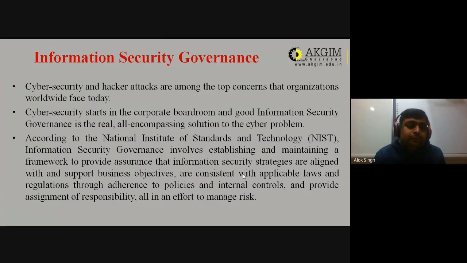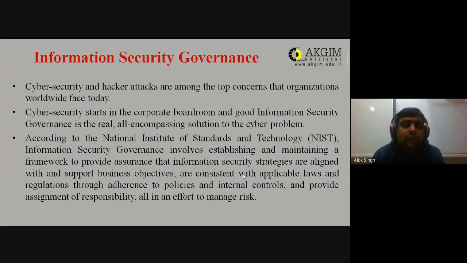Cybersecurity starts in the corporate boardroom, and good information security governance is the real all-encompassing solution to the cyber problem. According to the National Institute of Standards and Technology (NIST), information security governance involves establishing and maintaining a framework to provide assurance that information security strategies are aligned with and support business objectives, are consistent with applicable laws and regulations through adherence to policies and internal controls, and provide assignment of responsibility,